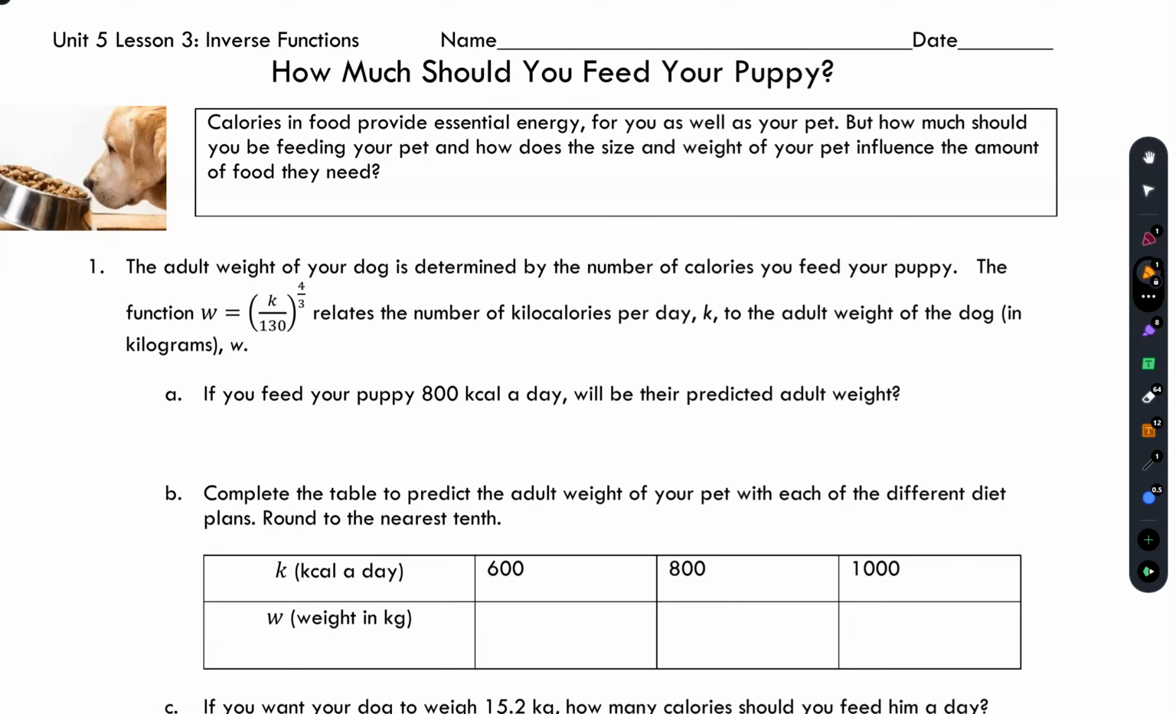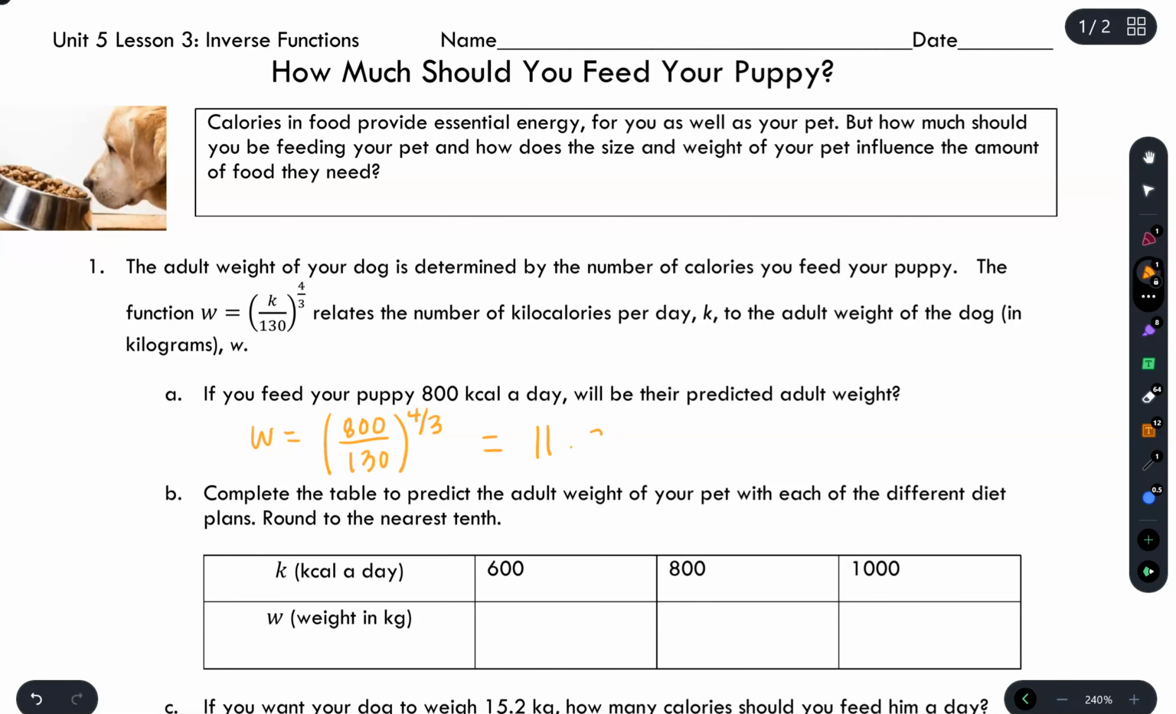All right, so if you feed your puppy 800 kilocalories a day, Sabrina, what will be their predicted adult weight? Yes, we left out a little word there. So what will be their predicted adult weight? What am I going to do for this? Plug it in, yes, and we can use our calculator. I want to find my W. So I'm going to plug in 800, divide that by 130, and then raise that to the 4/3 power. When I do that, what do I get? 11.28,